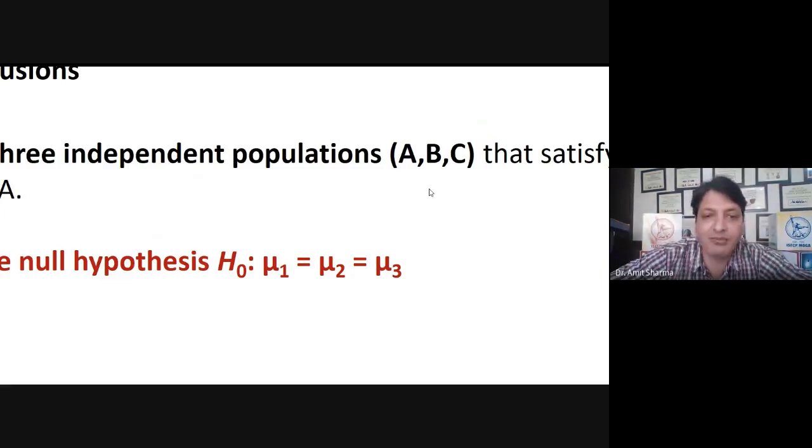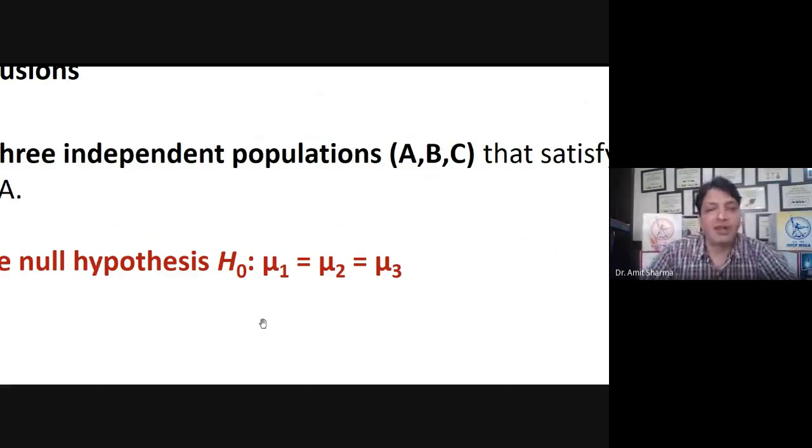Here mu1 is group A, mu2 is group B, and mu3 is group C. So we are going to compare these 3 groups, and the null hypothesis says that all these 3 groups are similar. The aim of the test is to reject the null hypothesis, and prove that there is a difference, at least one difference, between these groups A, B, and C.